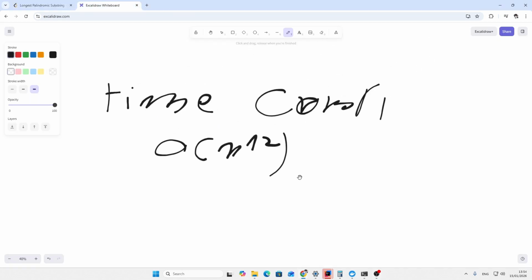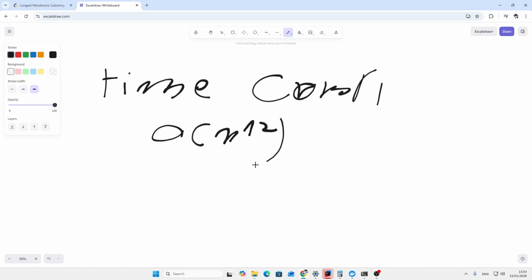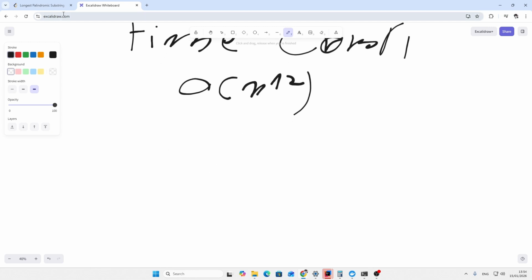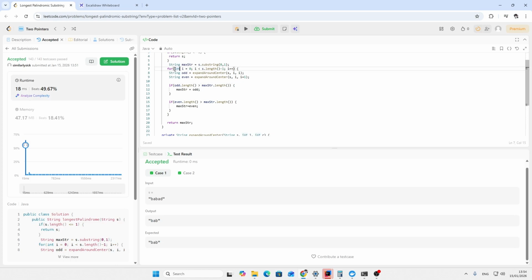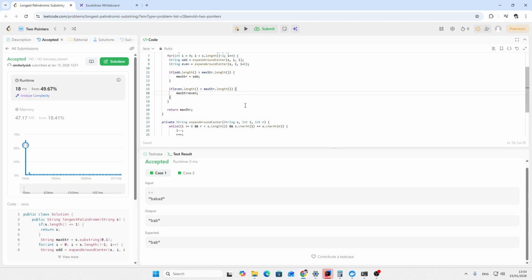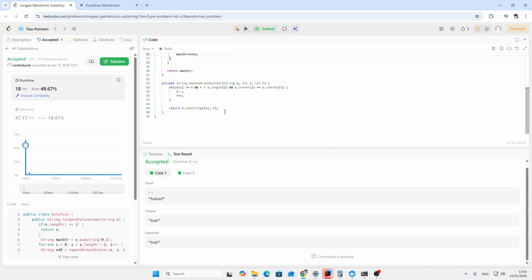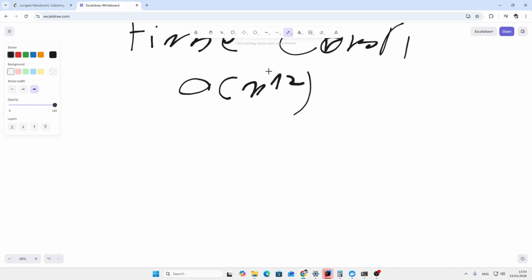Yeah, okay, so the time complexity is O of n squared because we are doing a loop in a loop, or on a loop, I don't know. So it's O of n squared, and the space complexity